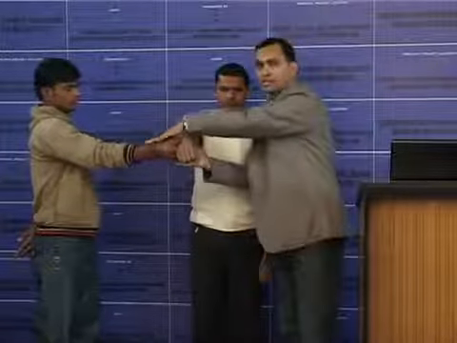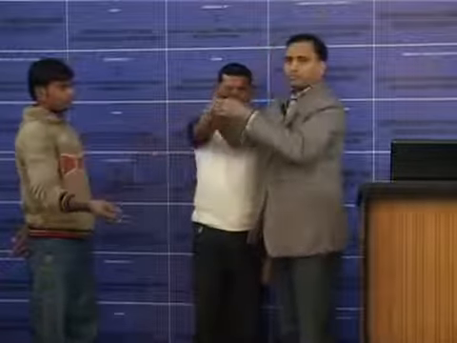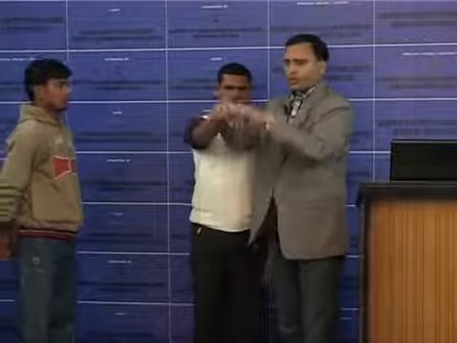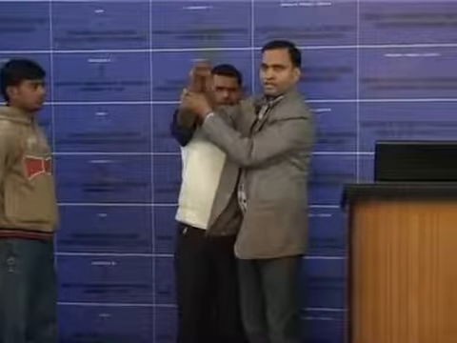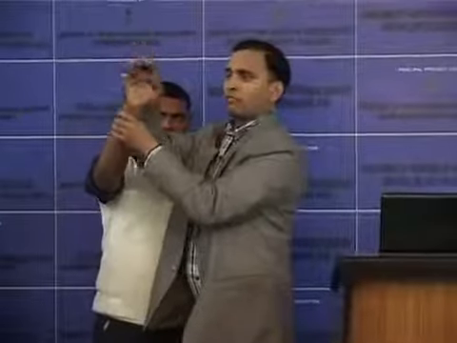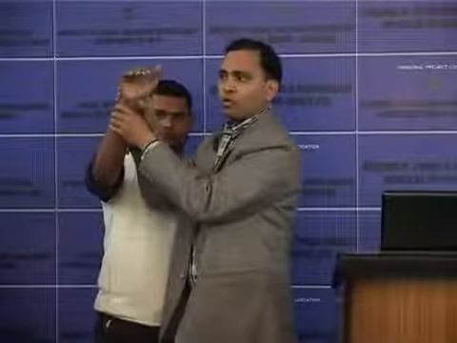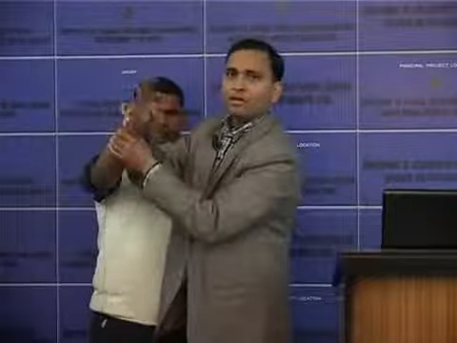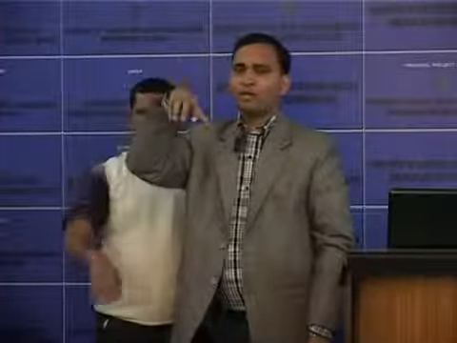I can demonstrate the same thing in the joint. See, this is a wrist joint. When you put your wrist in flexion, there is flexion of your wrist. When you are going to produce flexion of the wrist, it is causing extension of the fingers. See again, flexion of wrist causes extension of fingers. For flexion, it will cause automatic extension. You don't want to produce extension. You are not going to produce extension over the fingers.